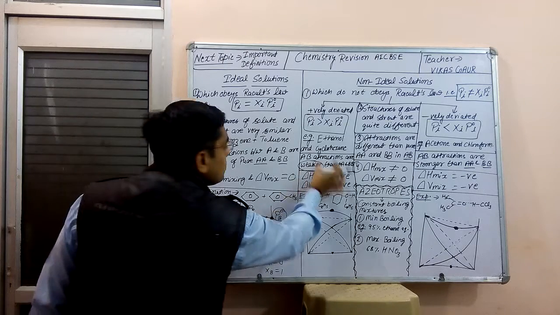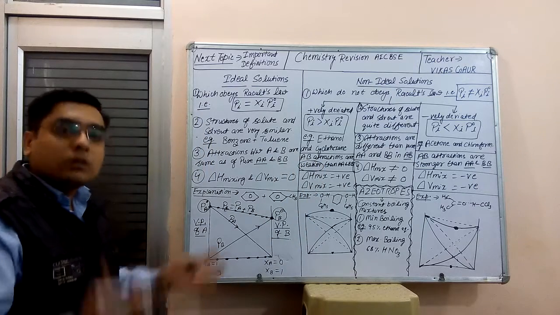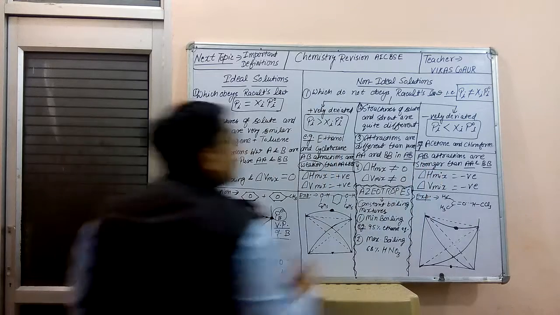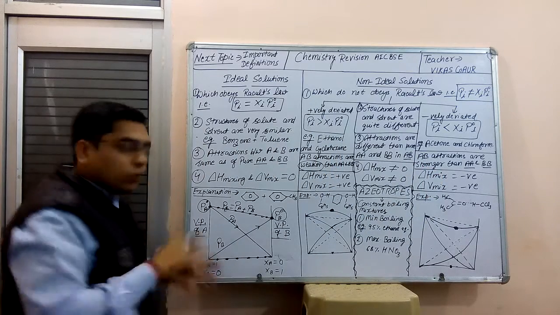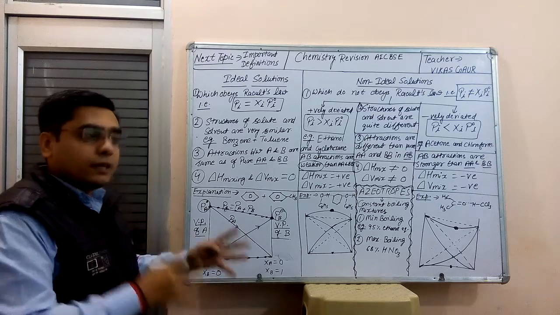In positive deviation solutions, the attractive forces between A and B become weak after mixing, and in negative deviation, the force of attraction between A and B becomes stronger than